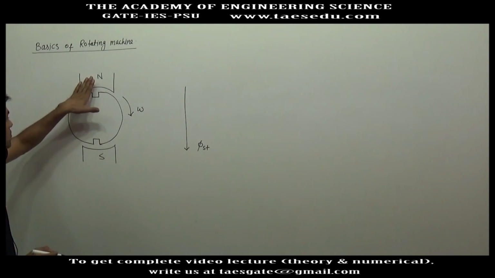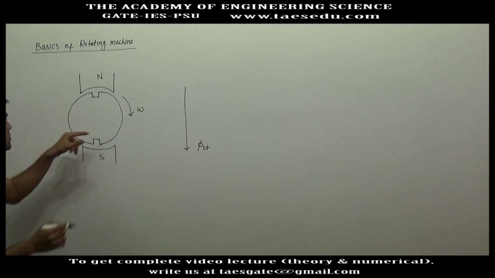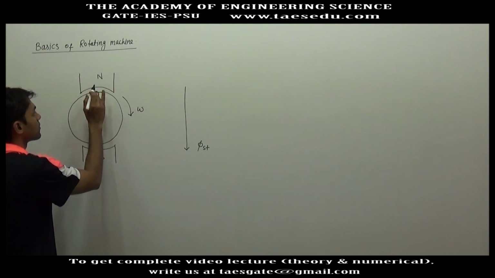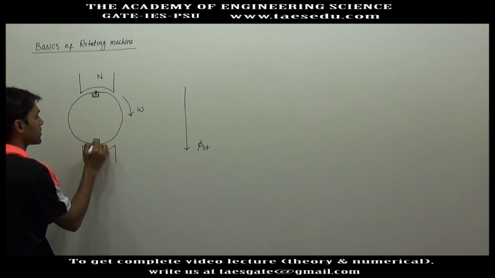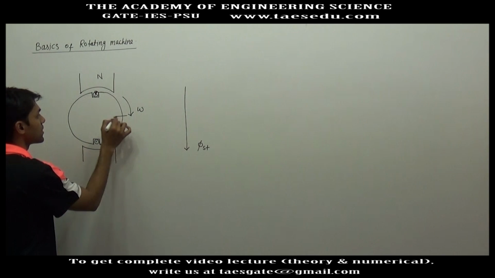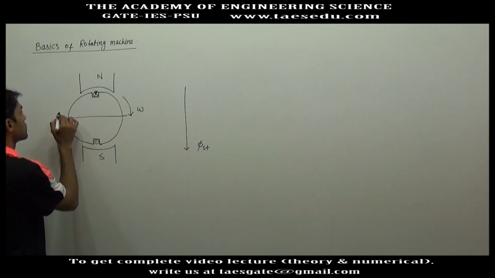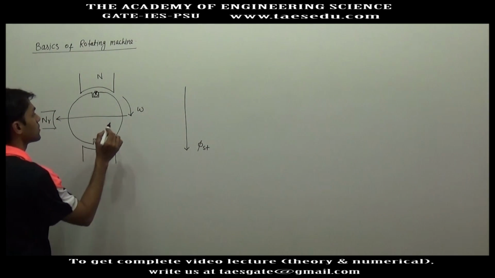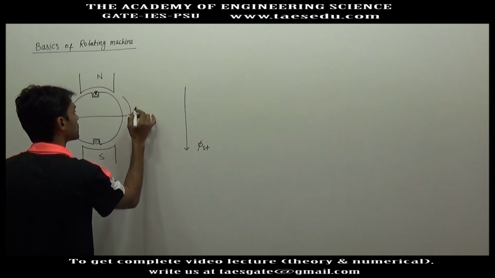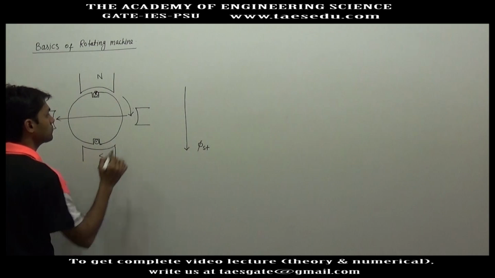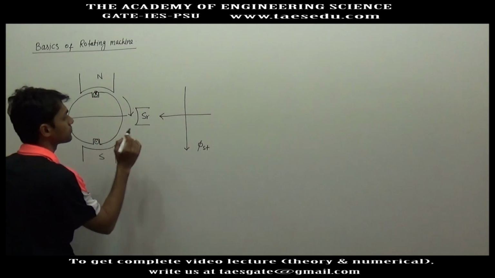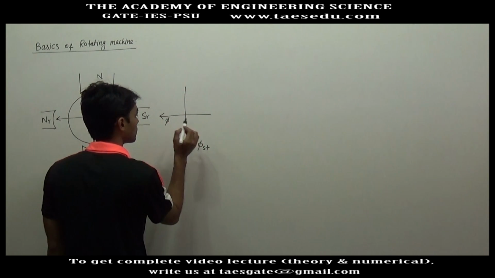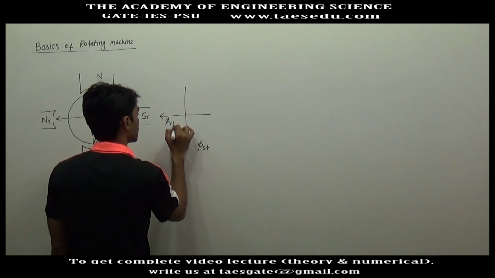We studied that if this is the north pole and south pole, and if this rotor is given a clockwise speed, this will be the direction of current, and due to this current the rotor magnetic field will be in this direction. So here we will have a pole, this will be the north pole of the rotor and this will be the south pole of the rotor. This part is rotating. This is the flux or MMF of the rotor part.